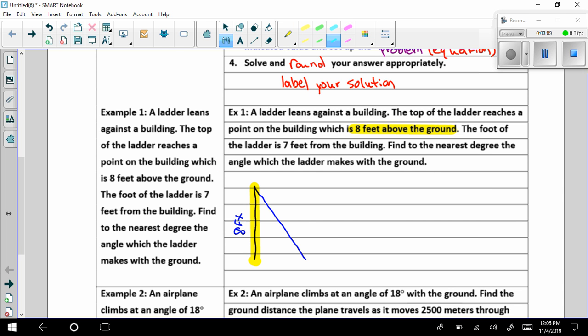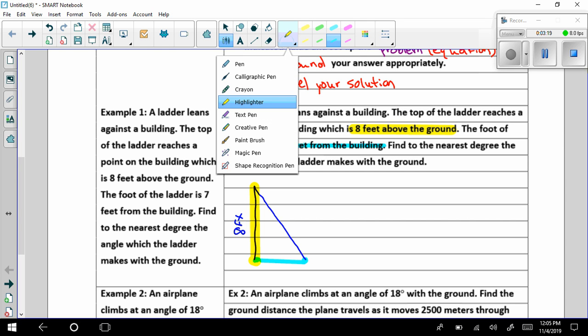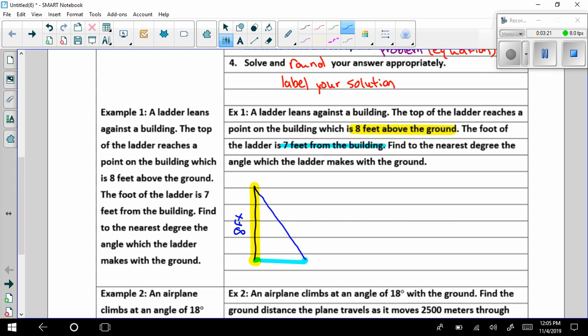The foot of the ladder is 7 feet from the building. So again, here's the building, here's the foot of the ladder. So that distance from there to there is 7 feet. It doesn't say anything about how long the ladder itself is, so I'm not going to label that. Okay. Find to the nearest degree the angle at which the ladder